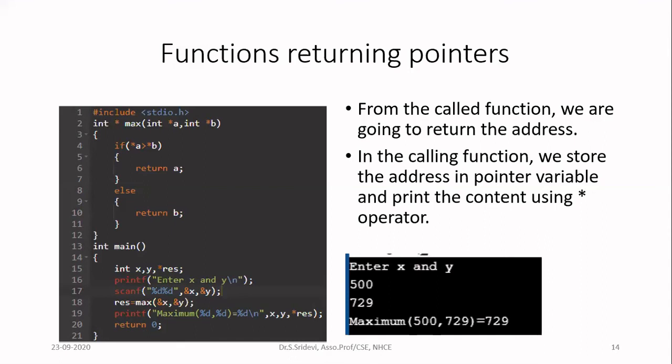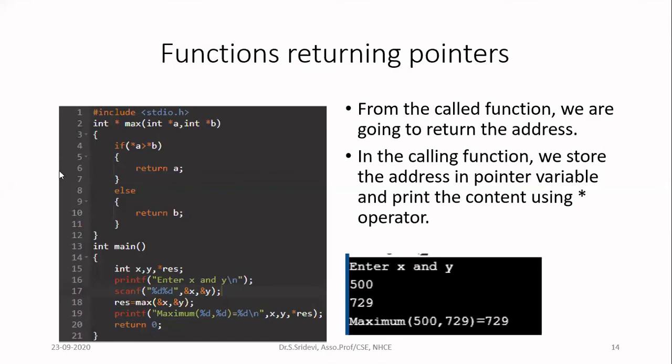So what is the meaning of returning a pointer? Can anyone tell me what is the meaning of returning a pointer? Will it return some address? The address. Very good. Return the address. Yes, return the address. So when you are returning a pointer, remember that function will return only the address where your answer is available. It will not return the answer itself. It will return some address. You have to go to the address to fetch your answer. Okay, this is the concept.